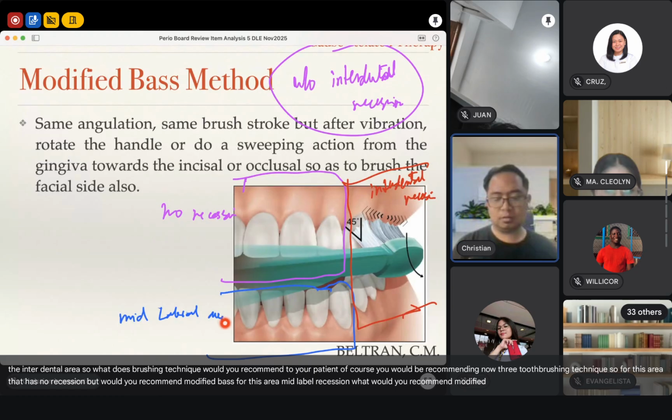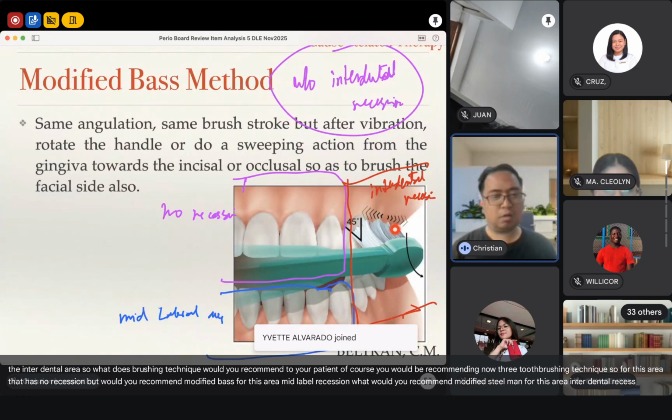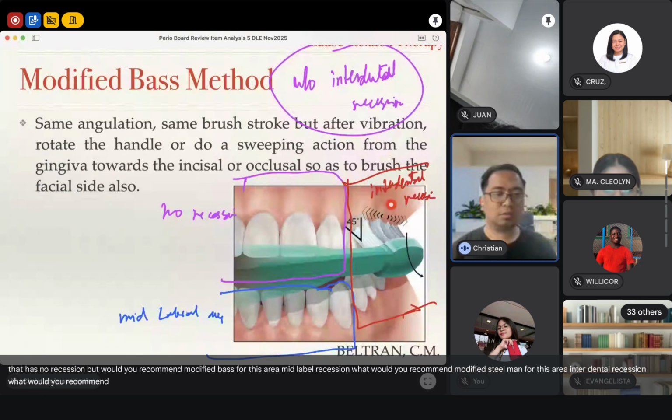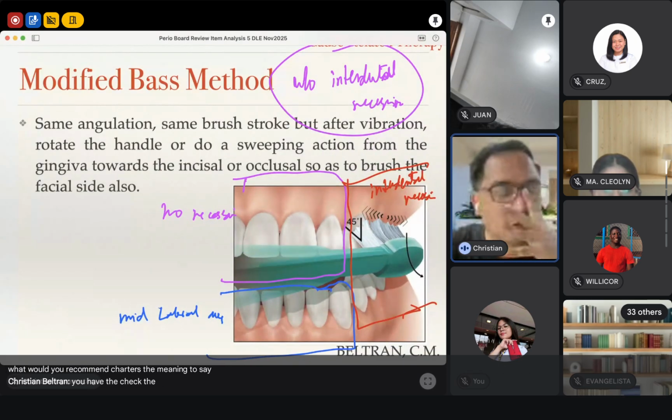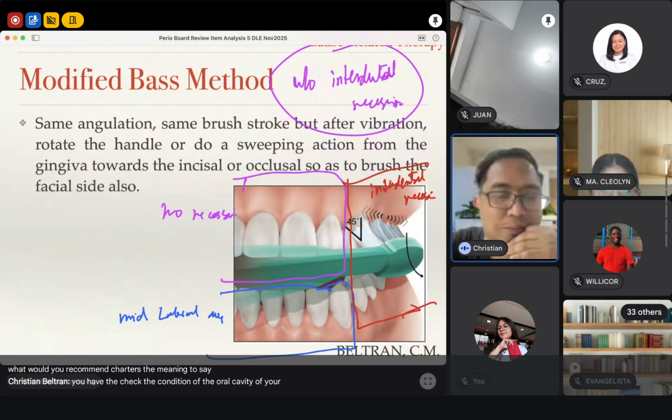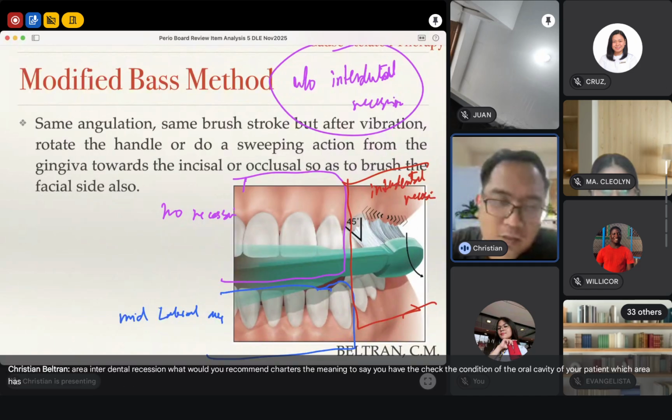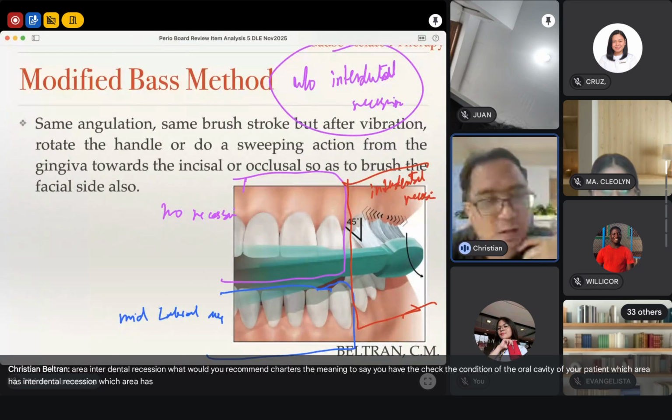Modified Stillman. For this area, interdental recession, what would you recommend? Charters. So meaning to say, you have to check the condition of the oral cavity of your patient. Which area has interdental recession? Which area has mid-buccal recession? And which area